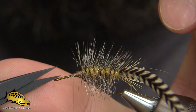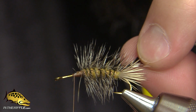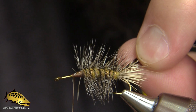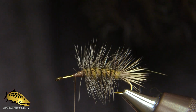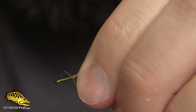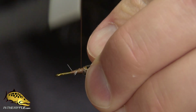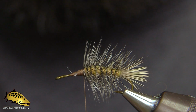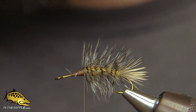You could trim out any extra hackle fibers and trim out the stem of your grizzly hackle feather. Just sneak in there with the tip of your scissors. And you can just kind of stroke everybody back there and get them all out of the way. Now we're going to take our thread right there to our hackle, and we are ready to tie in